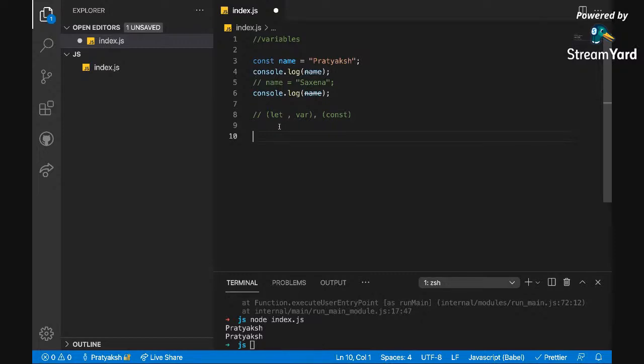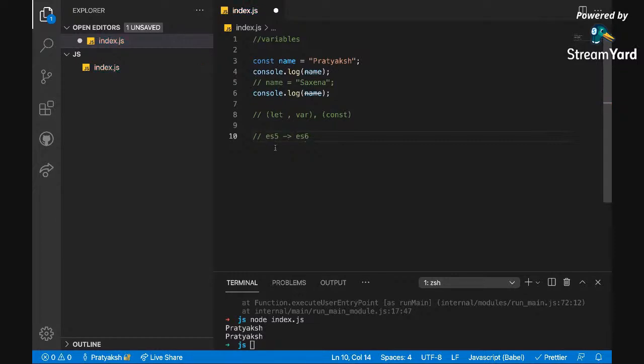So ECMAScript comes with a set of rules, not every year, but frequently. We have ECMAScript 1, ECMAScript 2, ECMAScript 3. These are the versions of ECMAScript, that is ES1, ES2, ES3, and the latest one is ES11. But the transition from ES5 to ES6 is the most important and quite interesting one, because we saw a huge change in JavaScript. Very many new features came in which made JavaScript very popular.